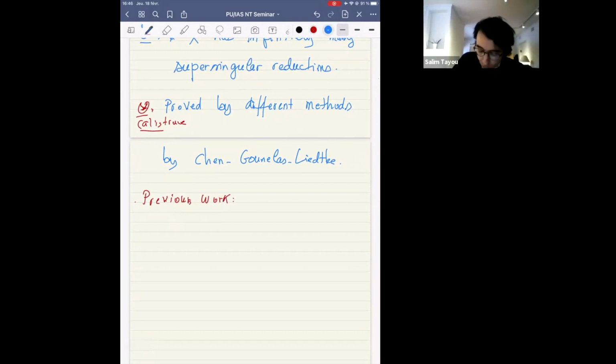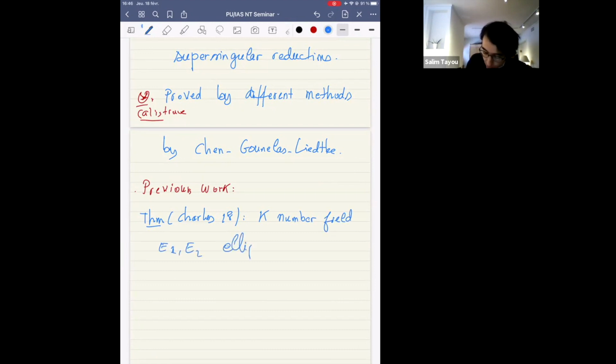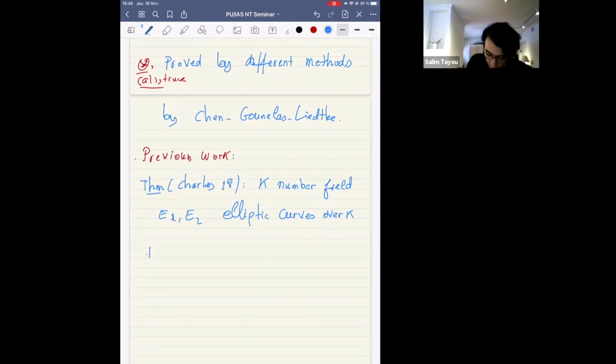So yes, I will mention some previous work which have similar flavors and which actually inspired our work. The first theorem is due to François Charles, and he proved the following. Actually, he explained this result in this seminar. If we take K a number field, and if we take E1 and E2, two elliptic curves over K, then the set of primes inside OK where the reductions, after base change to the geometric fiber, are isogenous